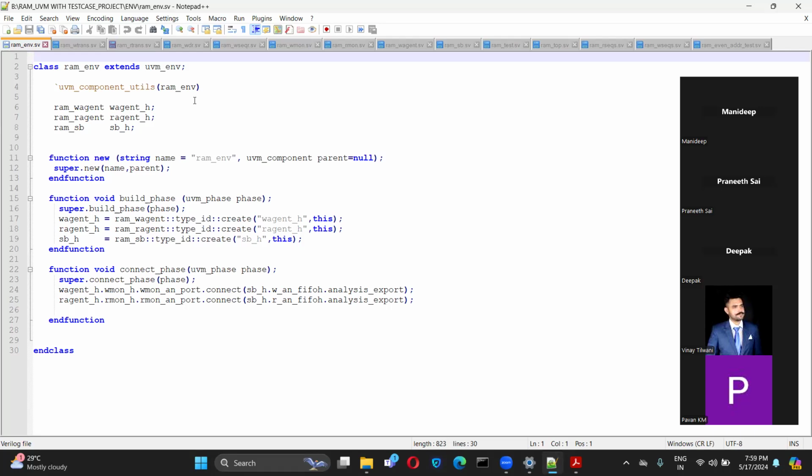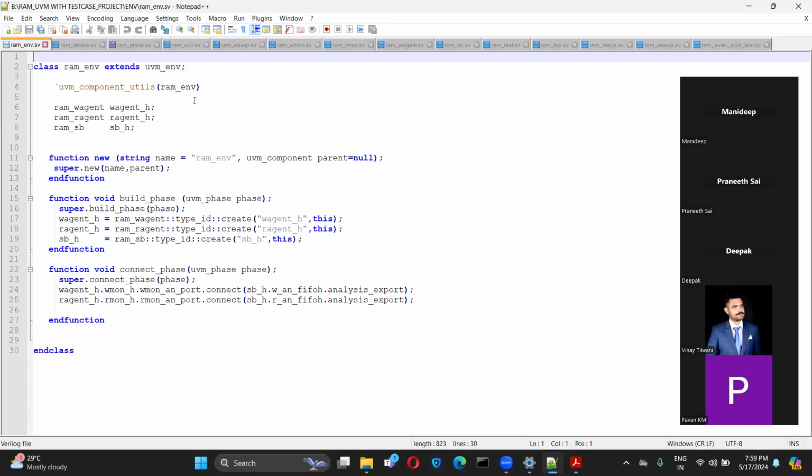If you use the UVM factory, we can just override it using the UVM factory override method and replace this particular instance with the instance you want. Whatever driver operations you are doing in your other driver, you can replace them in the current driver very easily.